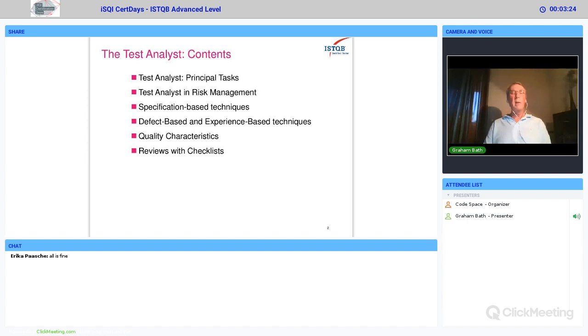So what are we looking at? First of all, what is the test analyst? Principal tasks that they perform. What's the actual task that the test analyst does in risk management? That's important. And then basically the largest section of the test analyst relates to